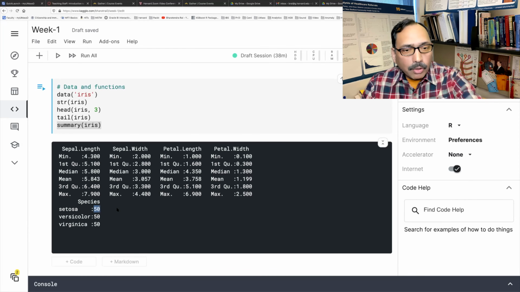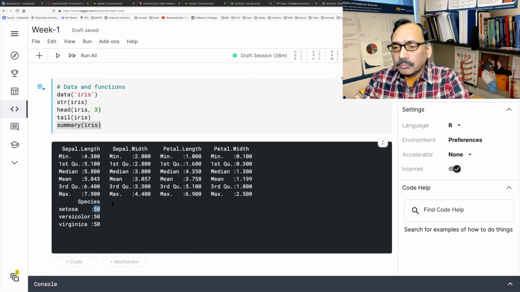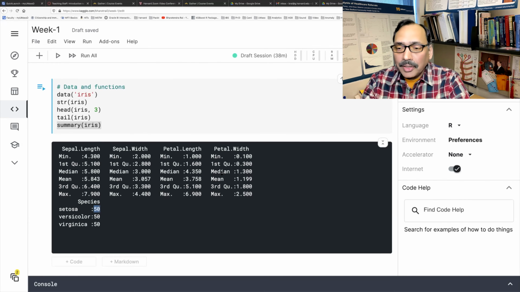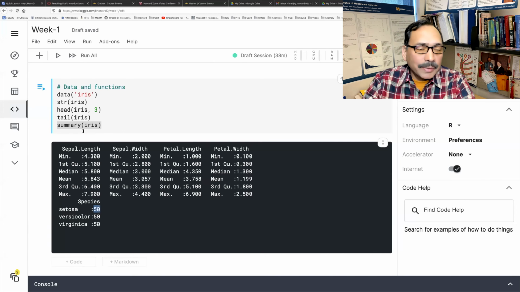Now you may have all these summaries, but let's say you want something different which is not available here. And one very common numeric summary is a standard deviation, because it gives you some idea about variability in your data set.